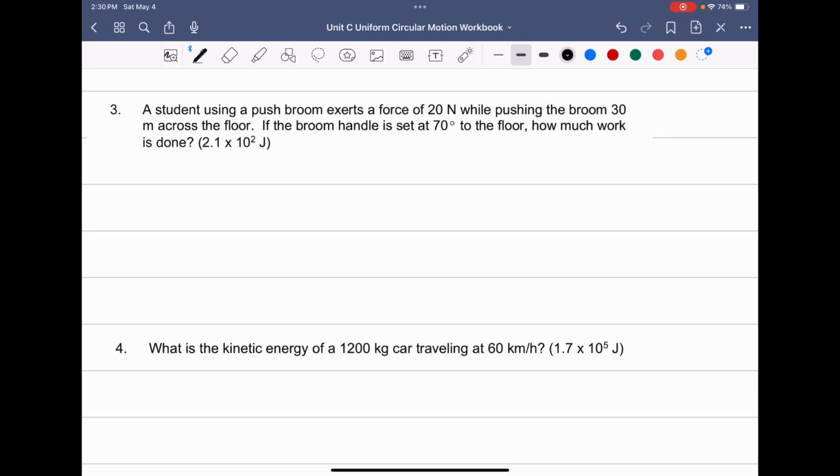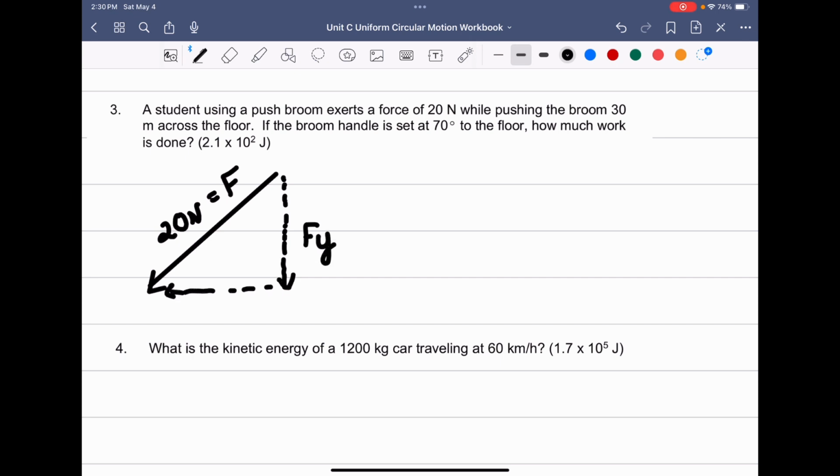Now, for this piece here, what I want you to do is draw the broom handle. So the broom handle faces down like this. And then by component method, we know that the first thing or this main force is 20 newtons. So you may want to write this in here, which is equal to the force. Force is 20 newtons. Now, if it's written on an angle like this, namely it's a 70-degree force, we're going to break this into the components. We have some sort of vertical force, we have some sort of horizontal force,